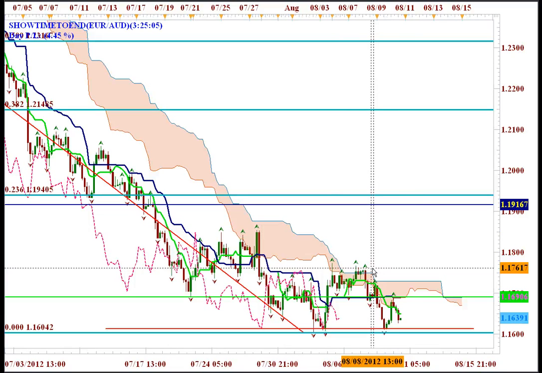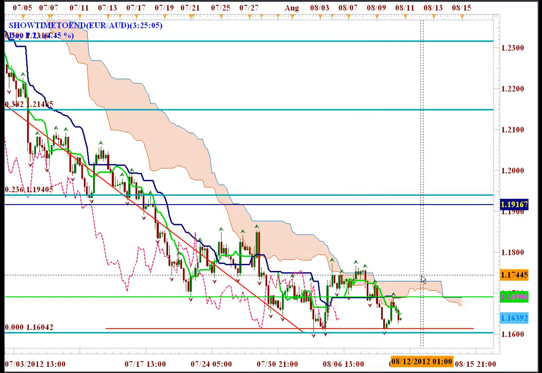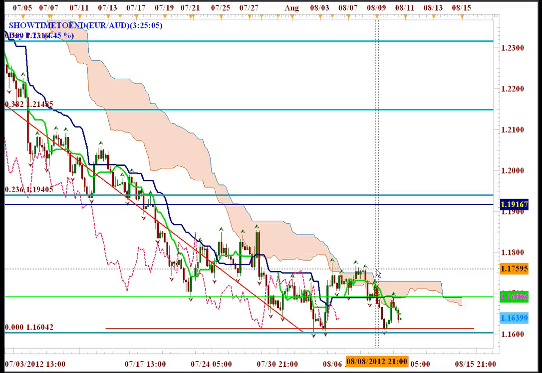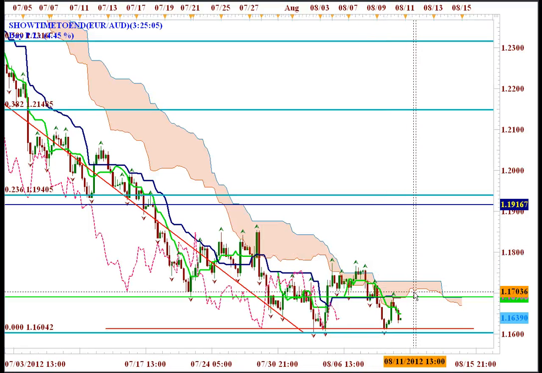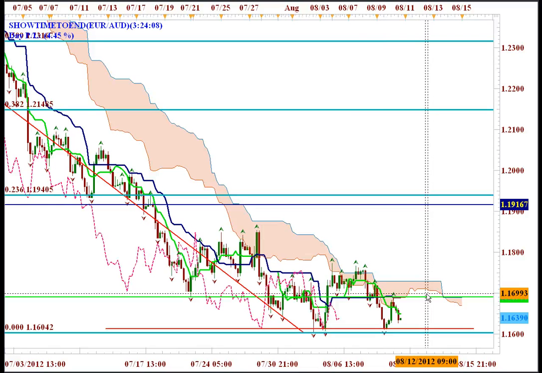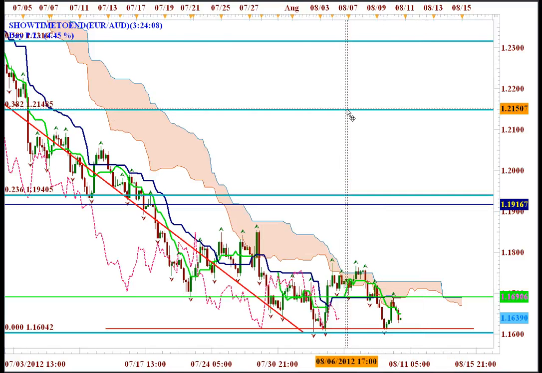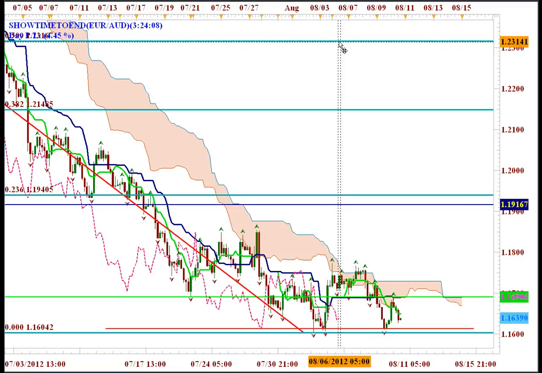By the time price comes up to here and breaks through this level, we wouldn't do it off of the cloud, because this support level, this resistance level, is too tight right here against the cloud. So we would wait for it to break through that level and put a stop below that cloud, this thin cloud, and then try to ride the market to one of these levels, being very careful because we're going against